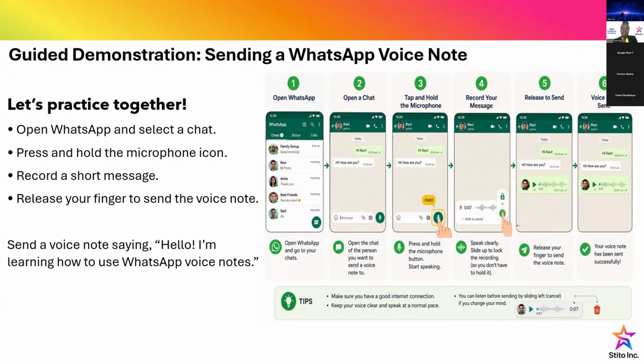You can play it to hear it yourself first, just in case you want to delete it and start again, maybe there was an error, maybe there's information you didn't put. At least you will know before you send that message to somebody. So you can send a voice note to somebody, if it's to me or anybody, if you're practicing, and say, hello, I'm trying to learn how to use WhatsApp voice notes, and I'm just using our chat as a sample. Stella said I should try it, and I'm giving it a shot with you. And that is fine.